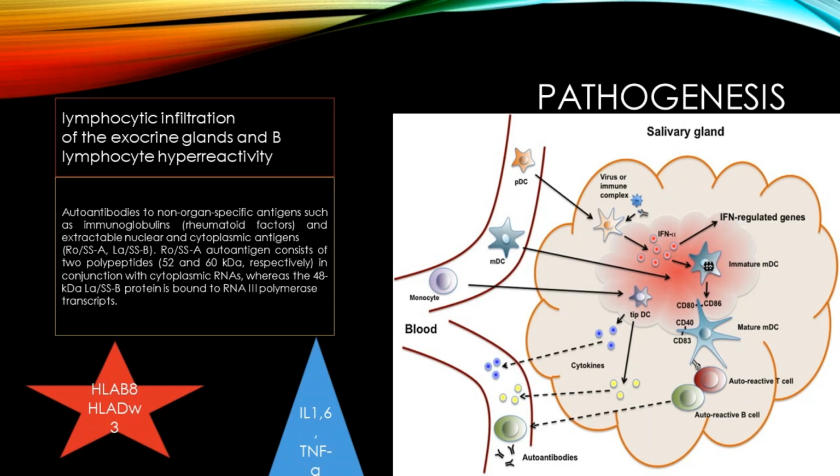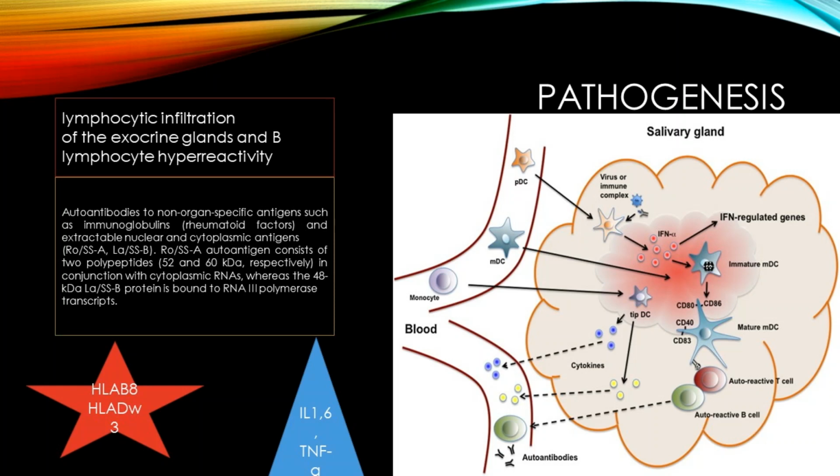Ro/SSA autoantigen consists of two polypeptides, 52 and 60 kilodalton respectively, in conjunction with cytoplasmic RNAs, whereas the 48 kilodalton La/SSB protein is bound to RNA